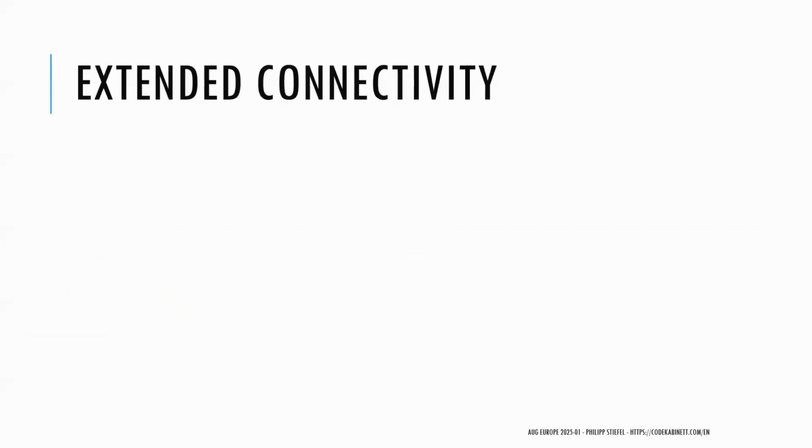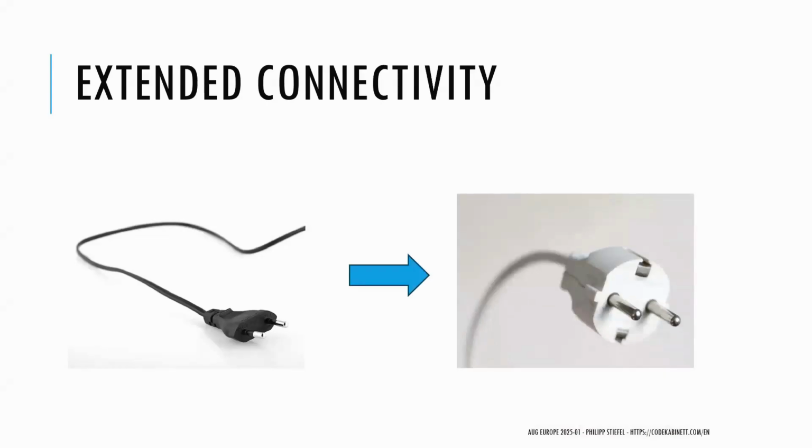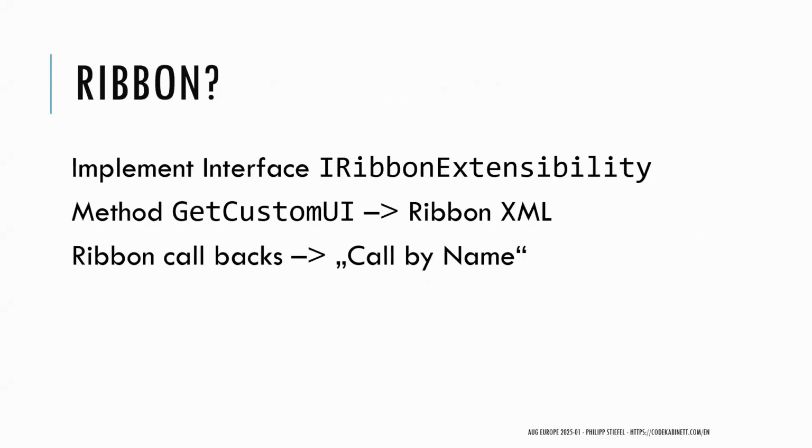We have some extended connectivity to look at. This is basically what we implemented now. We've got the core functionality, but we have a possibility to do even more here. And that's what we will do. We will take care of the Access ribbon. And for a COM add-in to support the ribbon, we would need to implement yet another COM interface, and that is called